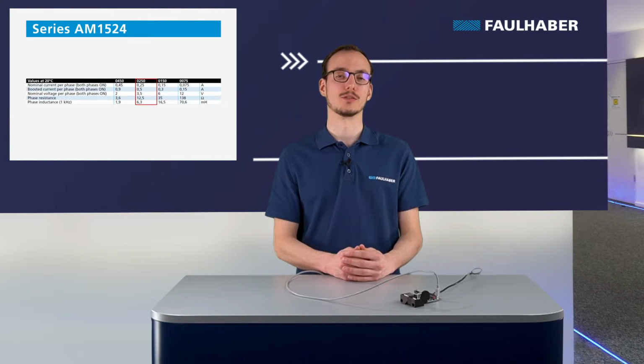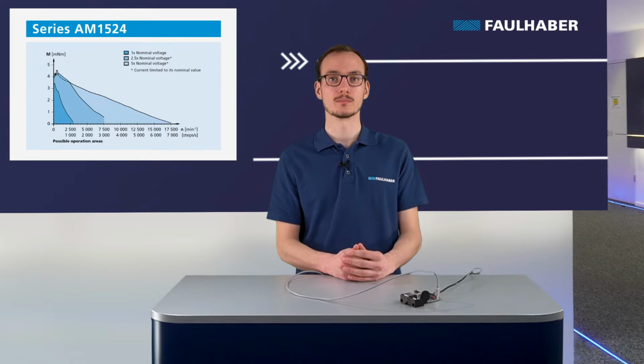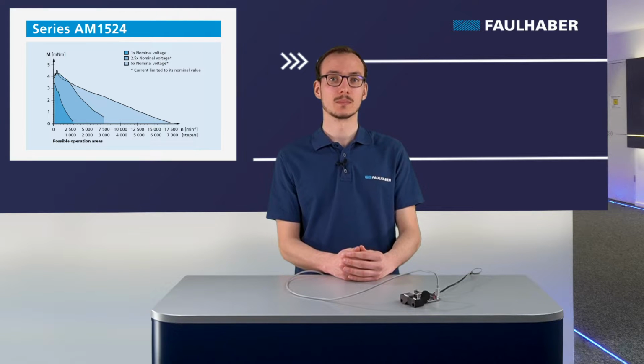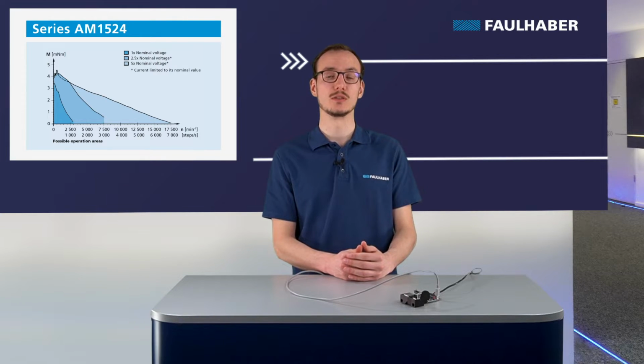Another important part of the datasheet of the stepper motor are the torque and speed curves. On this curve, you see on the vertical axis the torque, and on the horizontal axis, the speed. All the points that are below the curve can be reached by the stepper motor. If you try to reach a point that is above the curve, for example, if you have a torque that is too high for a given speed, the stepper motor will lose step, lose synchronism, and eventually stall.